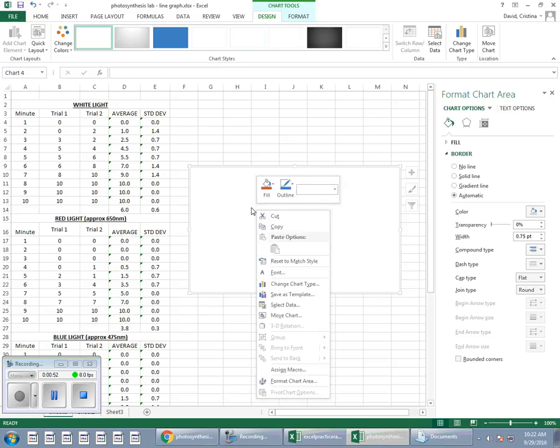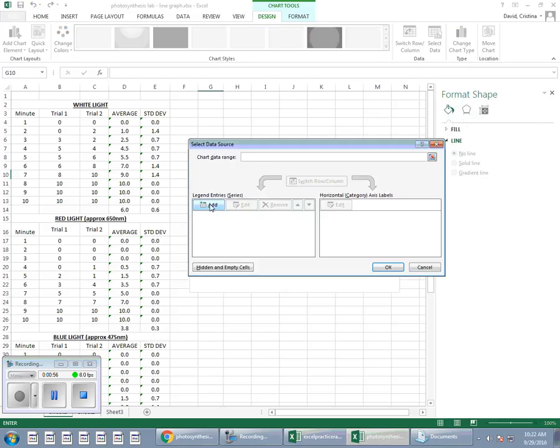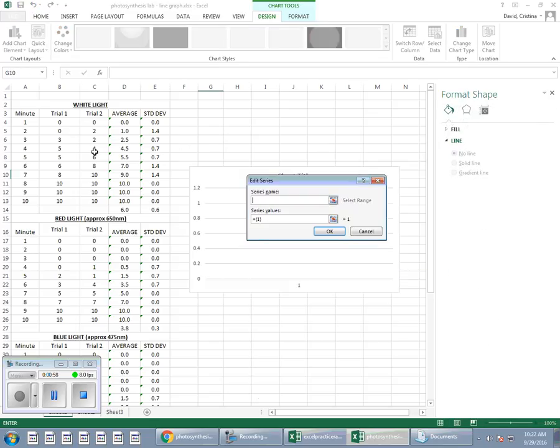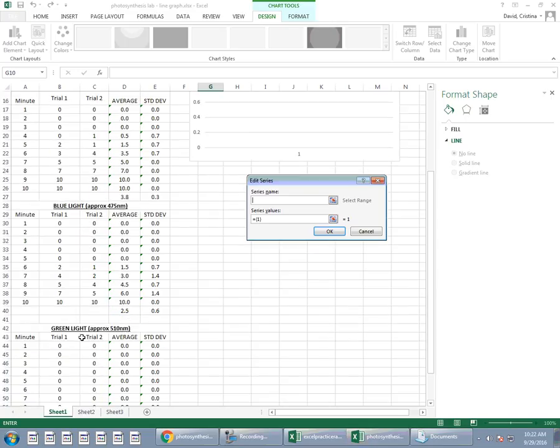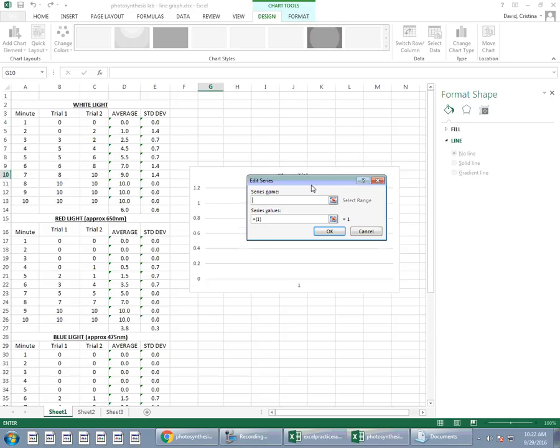rectangle. Right click in it, select data, and you're going to hit add. Series name is the name of the first line, and the data that I'm using here is plant growth under different colors of light. I have white light, red light, blue light, and green light. So the first one is white light,